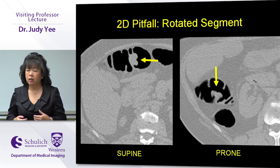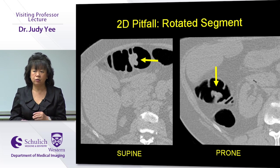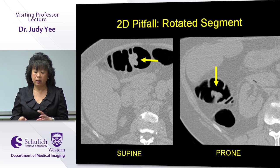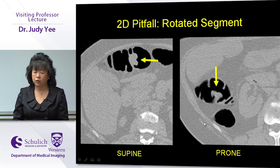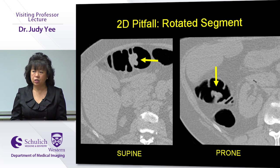You can have the rotated segment. So the right colon and the sigmoid colon are on long mesenteries. They tend to move around quite a bit when you turn the patient from supine to prone. So the colon can also rotate and bring the polyp along with it. So here's a lesion that's sitting anteriorly, and here you can see that it's actually shifted. The whole segment has actually shifted and brought this lesion along with it. So it's not a different lesion, it's the same lesion, and it's not mobile stool, and this was a true